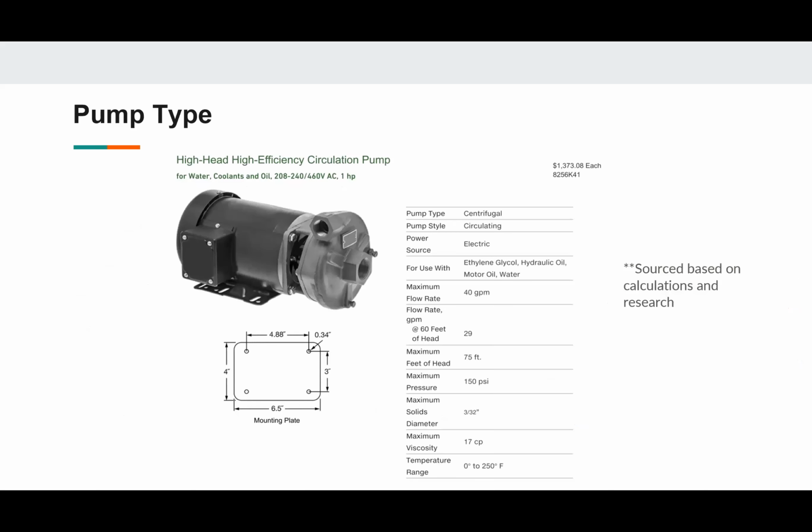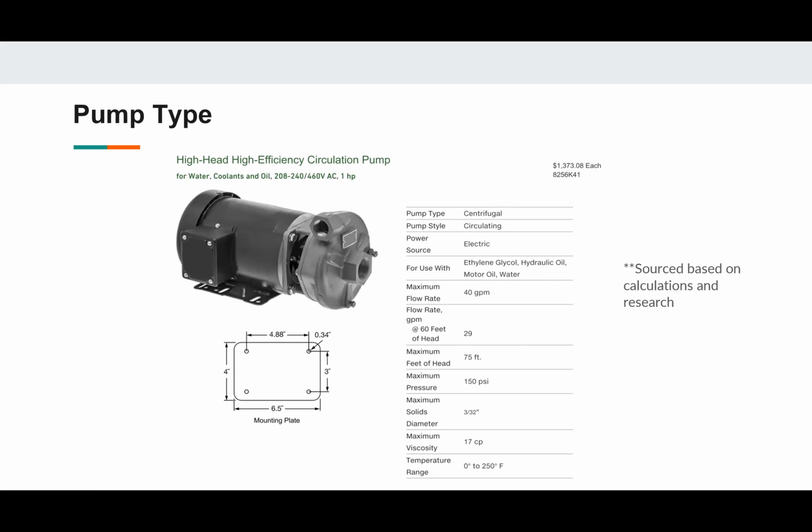Next, please. All right, next we'll talk about the pump type. Calculations for sourcing this pump will be talked about later, but for now, I'll introduce the model. We chose a high head, high efficiency circulation pump, which is also a centrifugal pump that is rated for water, coolants, and oils, specifically ethylene glycol,